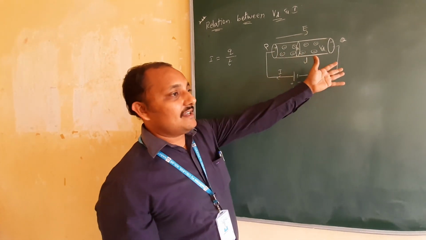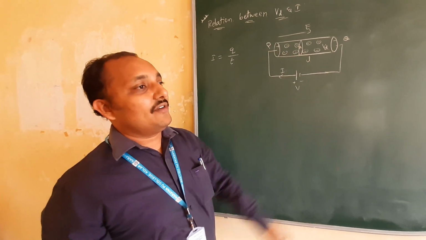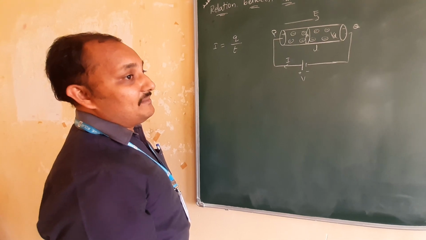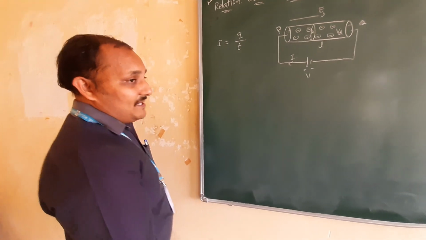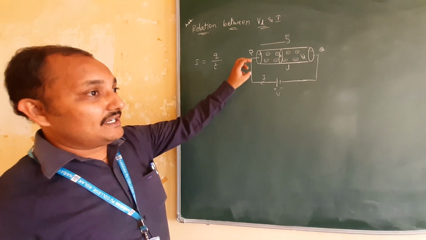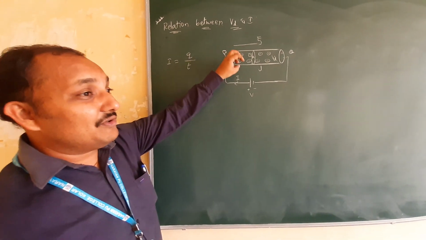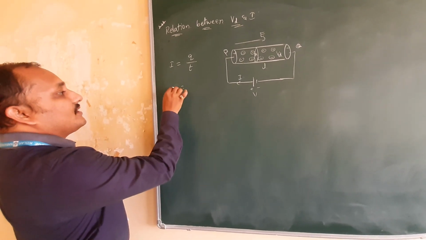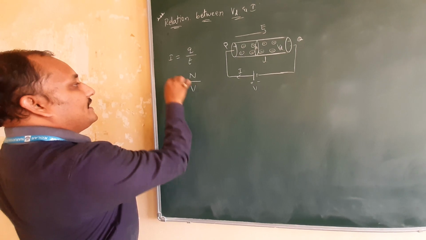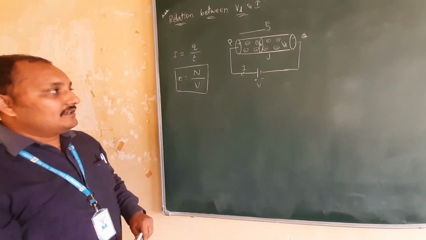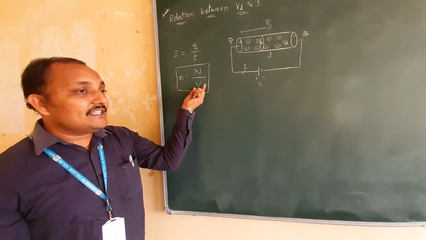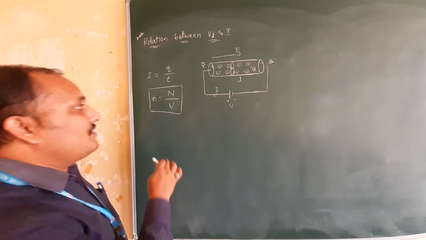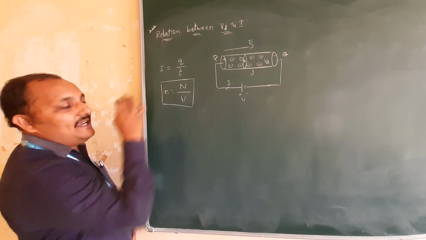One electron means the charge is minus e, but here so many electrons will be present. That is nothing but Ne, they will write. Ne means N number of electrons are present. For that we are going to define number density: the number of electrons or the number of charges per unit volume. That is nothing but small n. How many electrons are present within this unit volume? Means within this volume, how many charges are going to be present. That is nothing but N by V.